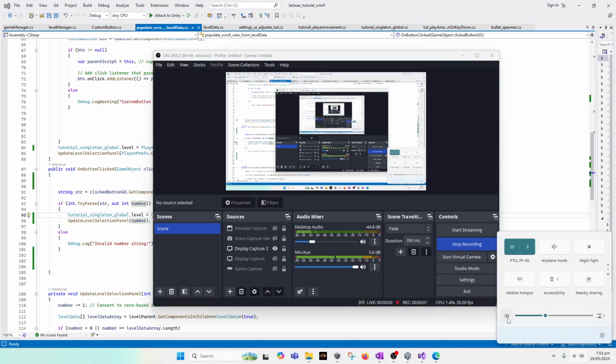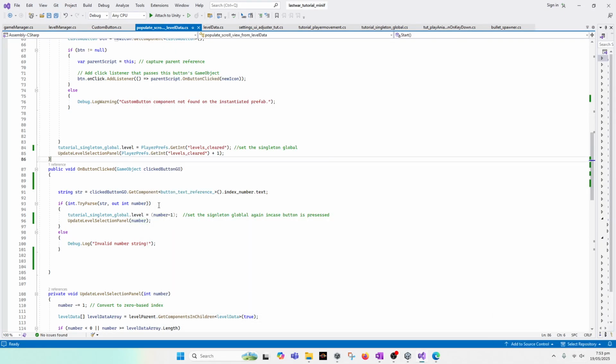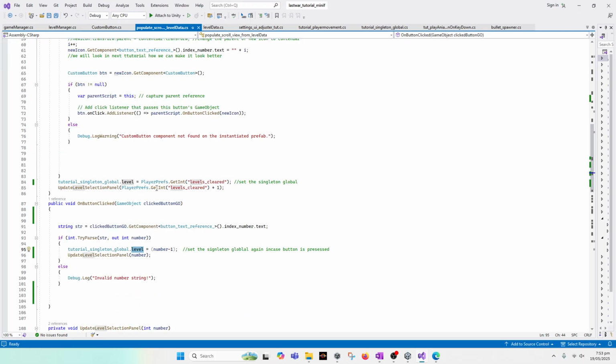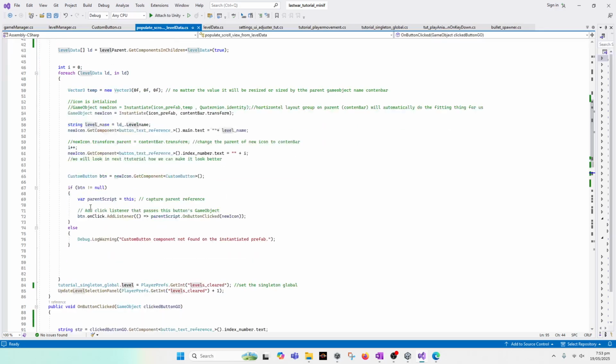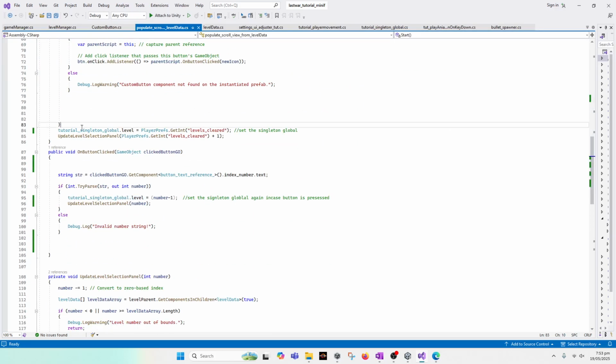Alright, back again. So to address that issue of the level selection screen giving the problem of this tutorial singleton global not being set, what we did was, inside the start method of populate scroll data, we simply set the